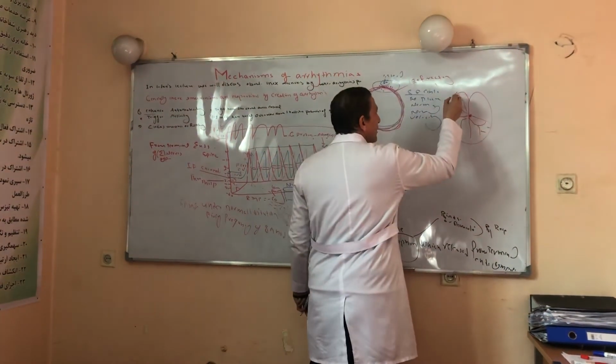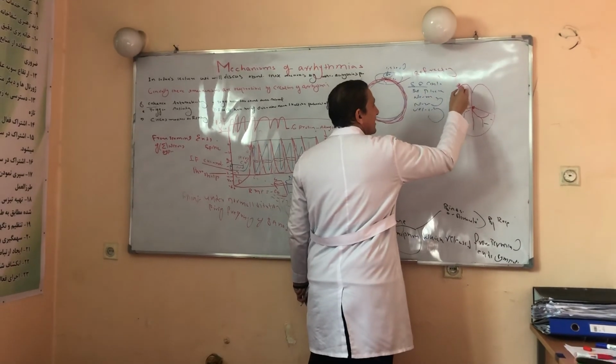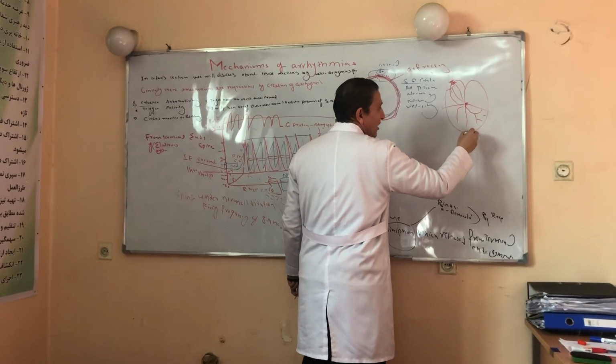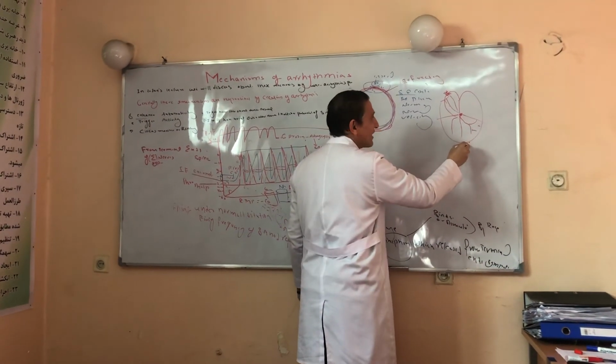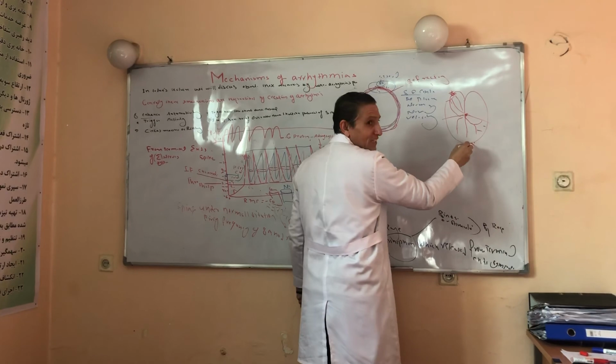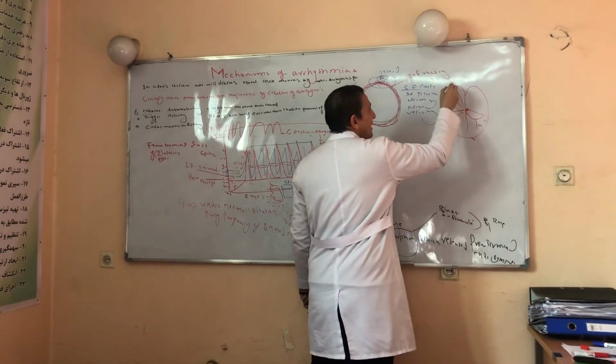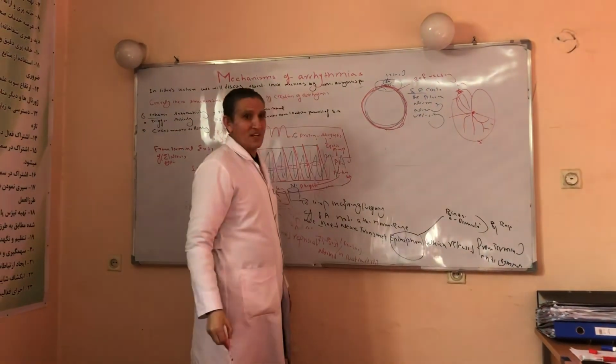When this electrical impulse, which is generated here, reaches here, it finishes its function and leads to ventricular contraction. So the function of this electrical impulse is finished. After 0.2 seconds, another electrical impulse is produced. If this patient